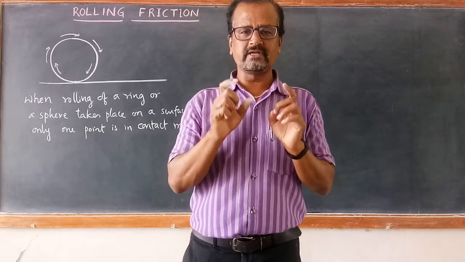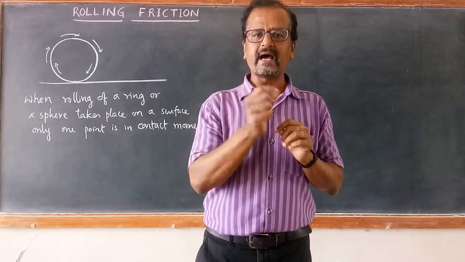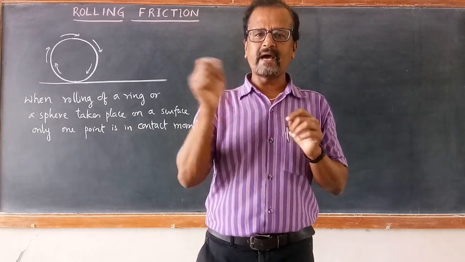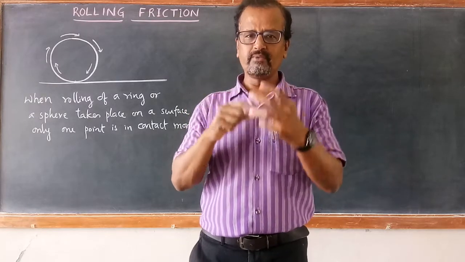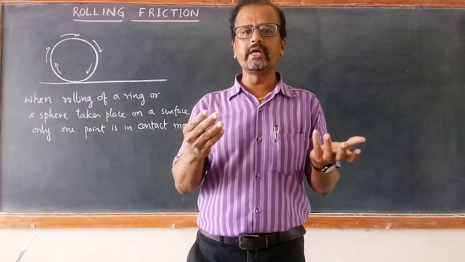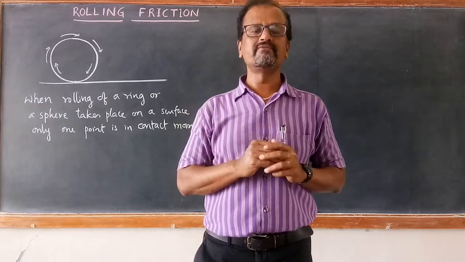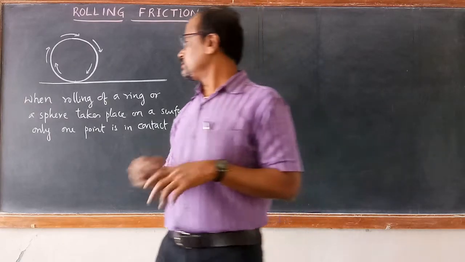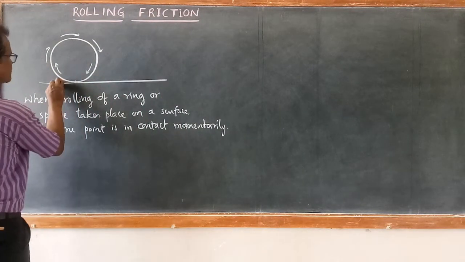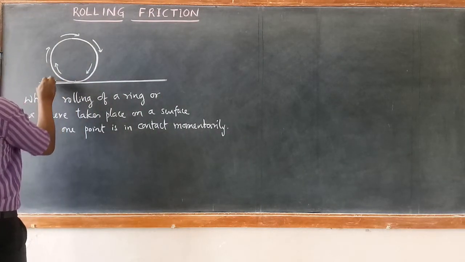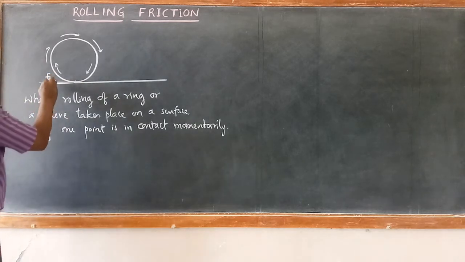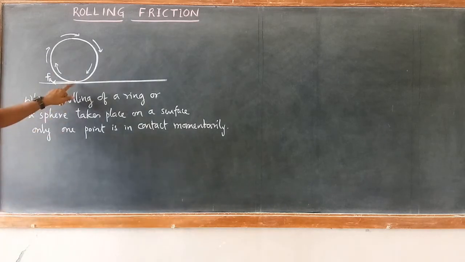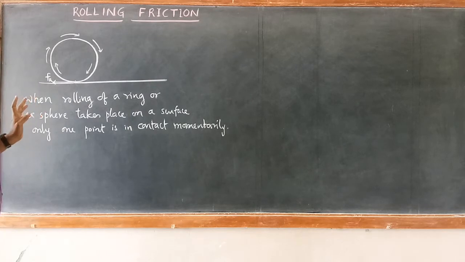So this friction, which is again a parallel component of force, which opposes the rolling motion of a wheel or any rolling object, is called rolling friction. The direction of this rolling friction will be tangential. If you draw a tangential direction here, this becomes the direction of Fr, where R is the notation for rolling. It is the tangent drawn at this point, which gives us the direction of Fr.